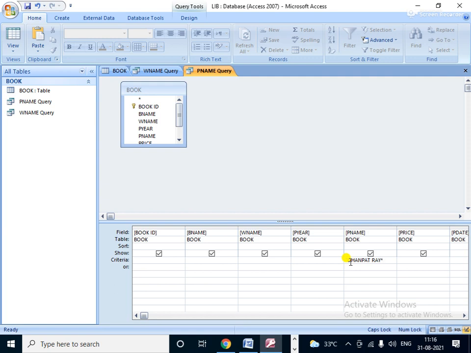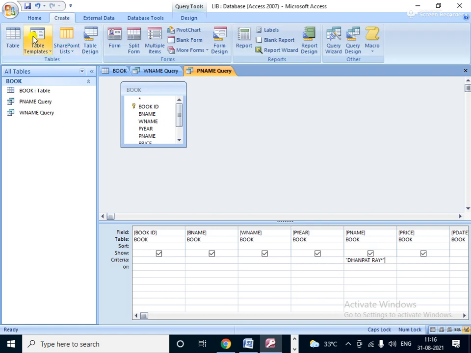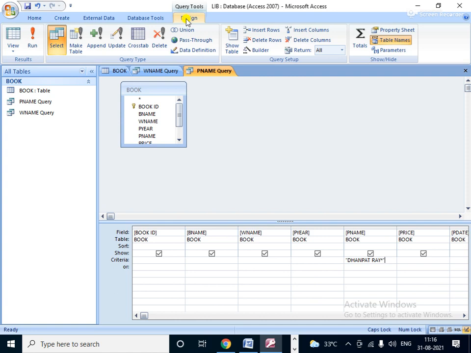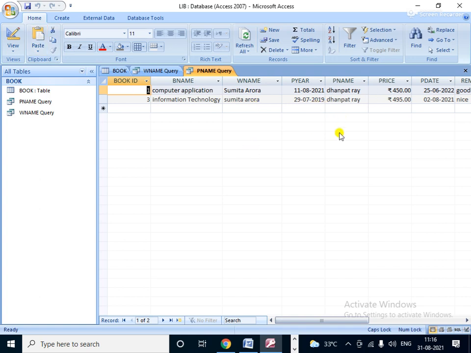Then just click the run option, and the run option is available in the design view. If you created the query and it is not coming, then click the design view and the run option is visible there. Just click the run option. See, only Dhanpat Rai is visible. Only the publisher name is visible.